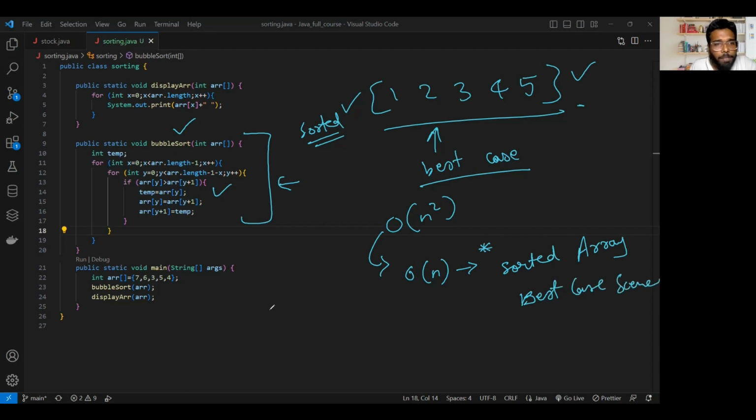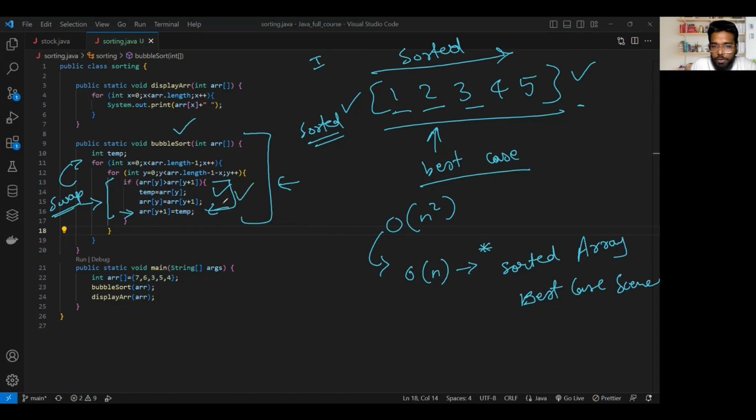So how will we do that? For that, what we have to simply check is if we have swapped. If we swap, then only we go and check it. If we are not swapping in our first iteration itself, if no swap occurred, because we are going to check continuously, right? And if no swap occurs, that means these are already sorted and we need not check further, right? So we simply need something like a switch button which will help us check if this condition has been